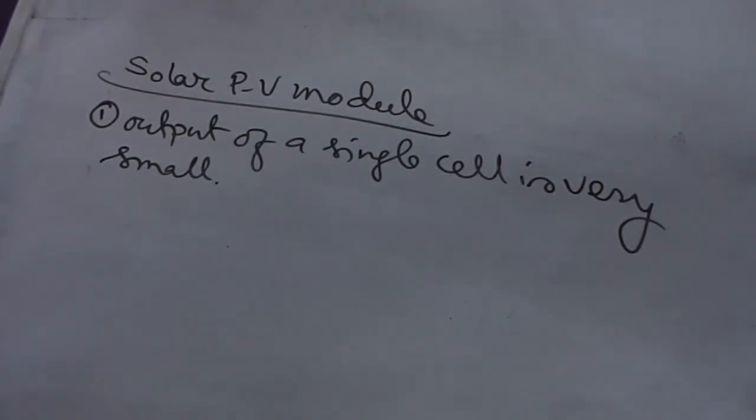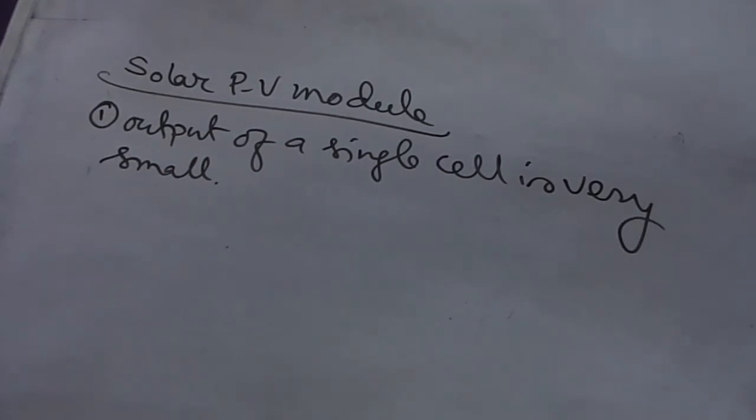It also requires protection against dust, moisture and mechanical shock. The unit with workable voltage and reasonable power is obtained by interconnecting an appropriate number of cells. The unit is fixed on a durable back cover of several square feet with a transparent cover on the top and hermetically sealed.